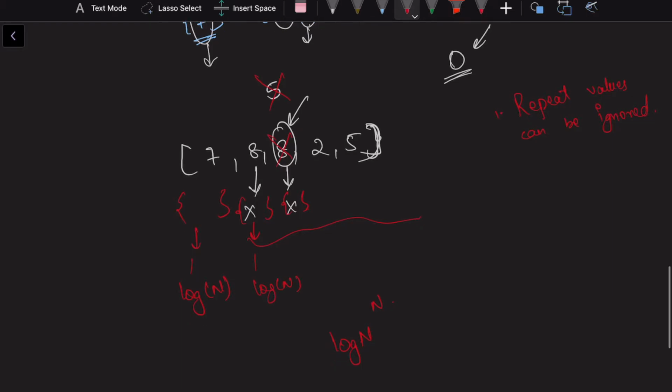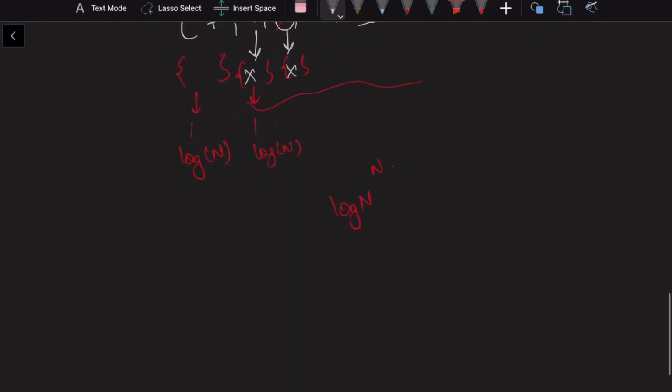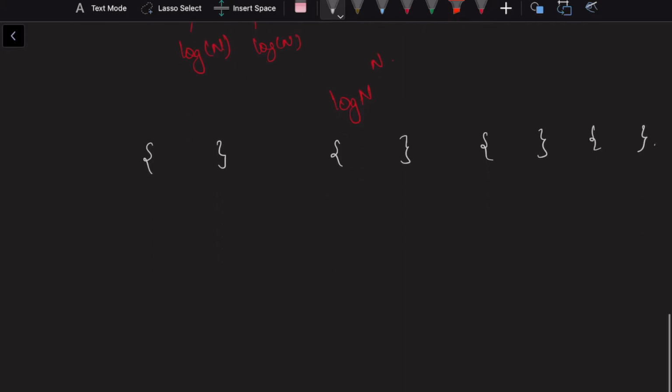So instead of doing this, I'll reduce this problem into a subproblem that says that I have some subarrays. I have to take one element from each subarray, and I have to do it in such a way that the difference of maximum minus minimum is minimized. This thing is minimized. So how I'll do it is we'll use something named heaps.